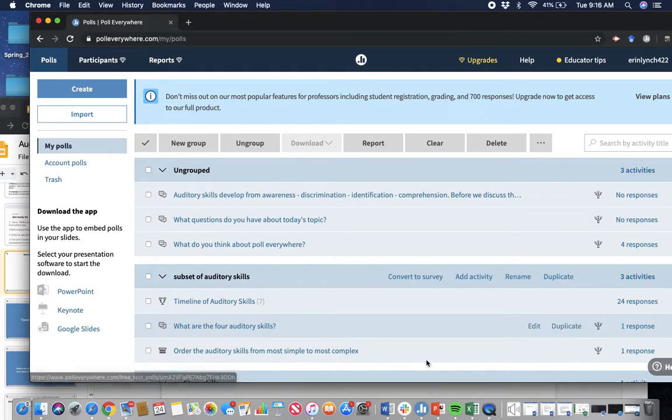So I highly encourage using apps like Poll Everywhere or Kahoot or Top Hat as a way to engage your students throughout a PowerPoint, make sure they're really listening, and it also breaks up the topic because we know after